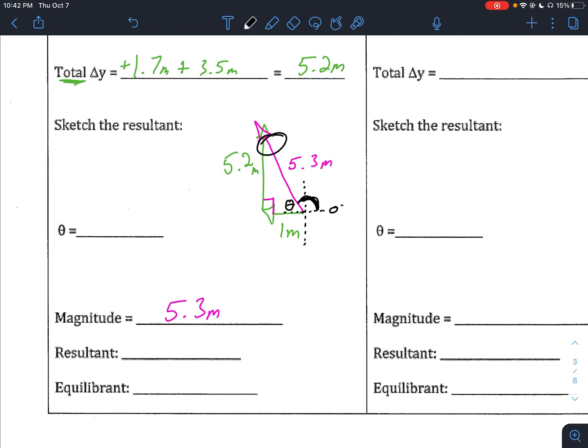So you could find this other angle up here. It's up to you however you see geometry. So I have all my sides. I'm looking for an angle. I'm just going to switch things up, and I'm going to use tangent this time. So tangent theta equals 5.2 meters over my 1 meter. So if I plug that in,